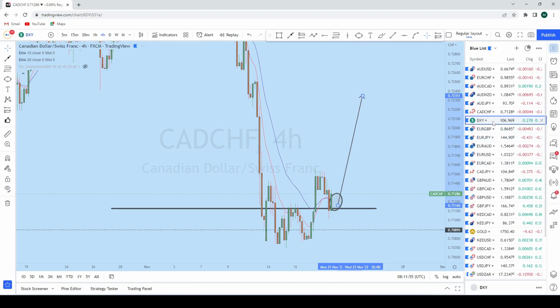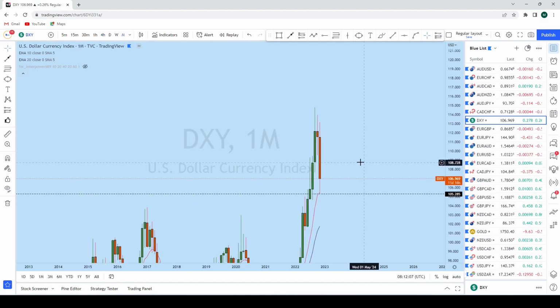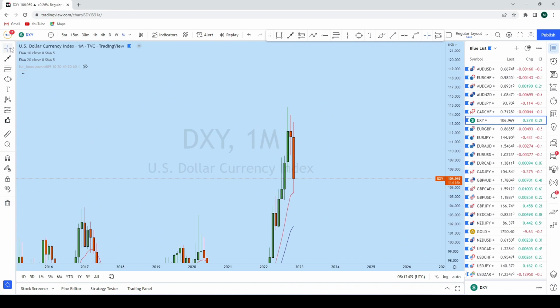Now let's look at DXY. DXY is very important as it will give us a clear direction about the dollar pairs. So let's look closely at how DXY is performing. Now looking at the monthly time frame on DXY, what we see is that